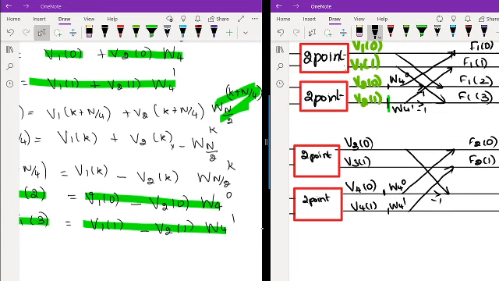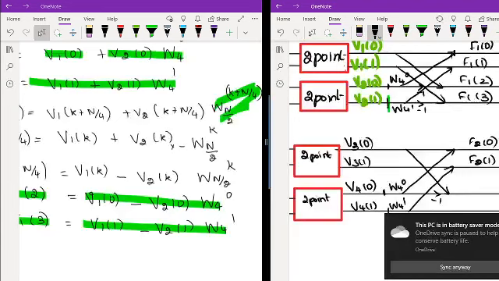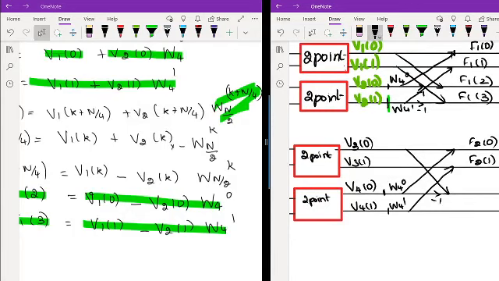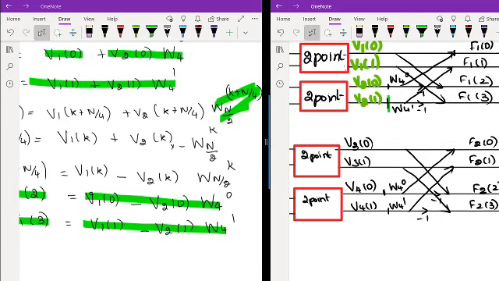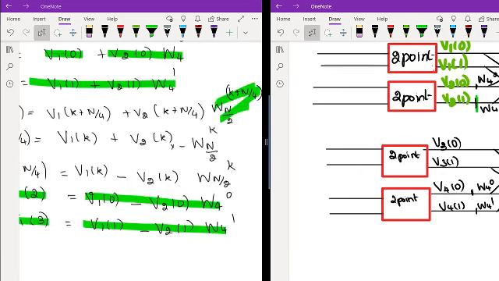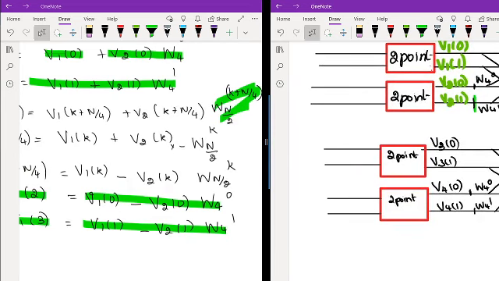Okay, so that is equal to V3 of 1 minus V4 of 1. Both are equal to F2 of 2 and F2 of 3. So two 4-point DFTs are calculated from two 2-point DFTs. Yes. So I hope this 4-point calculation from two 2-point is clear. Now we need to calculate how to find this 2-point DFT from two 2-point sequence.